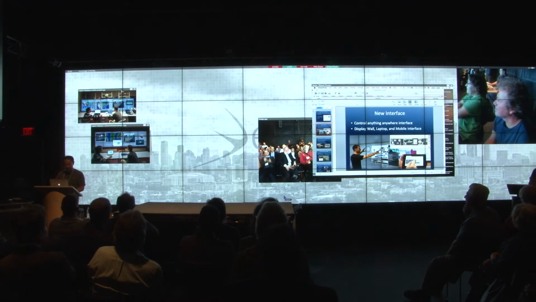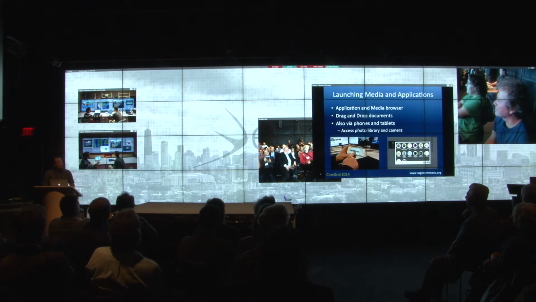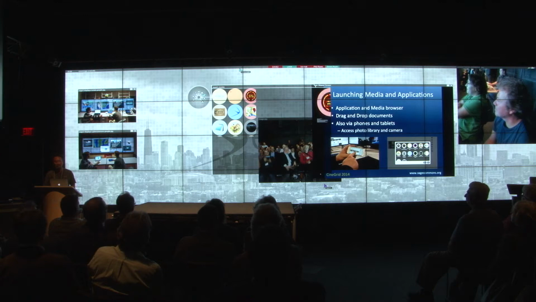Okay, so let's talk a little bit about this media browser business. So from the media browser window that Luke showed you earlier, and maybe Luke, you can bring it up again. One of the cool things about doing everything in JavaScript is that now we can begin to leverage this huge community of software developers who are crazy about developing cool JavaScript applications. So for example, Luke can bring up like a really high-res Google Map viewer, right? So he's going to bring that up,